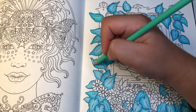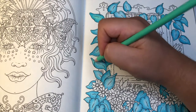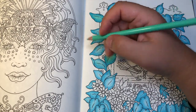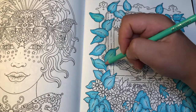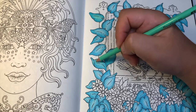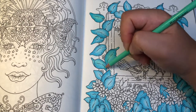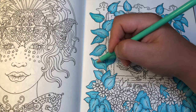Like I know some of the Disney books, one of the many Disney Villains books out there has that. So this one looks really cute. There's also a page that's knitting themed, so maybe if you are into knitting, seems wonderful. And this book looks really nice in the sense that it has images maybe for all seasons. So for example, I personally wouldn't want to color anything that has to do with knitting right now, because